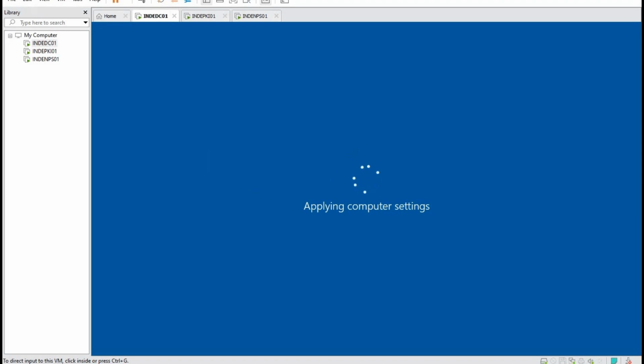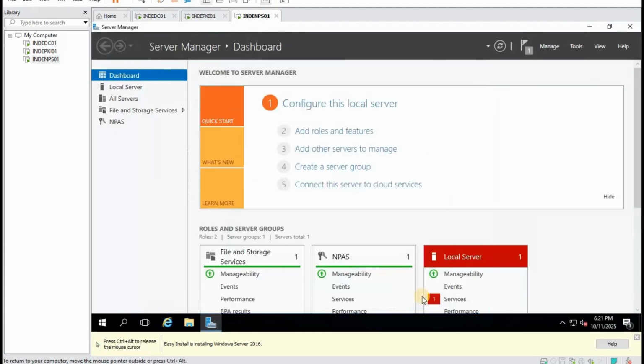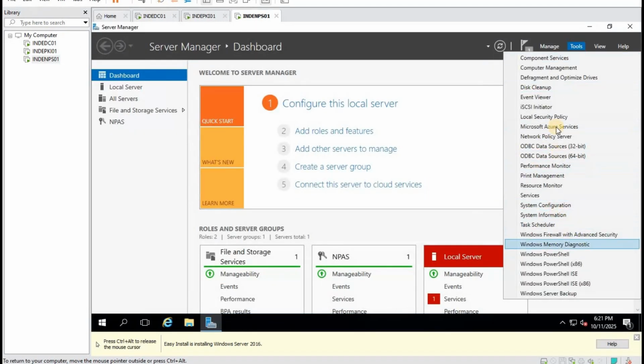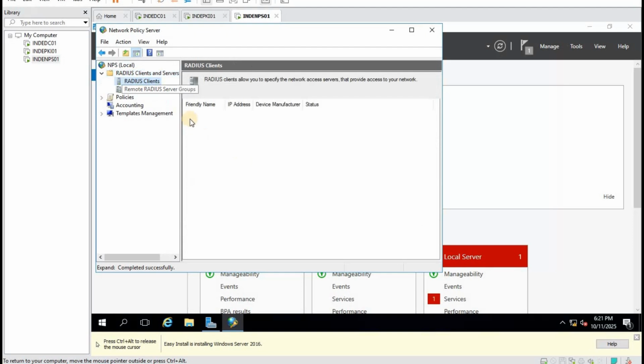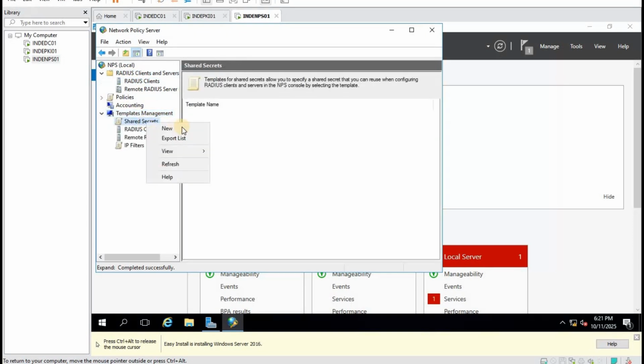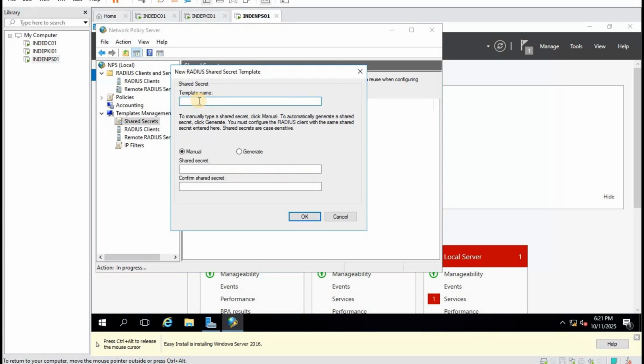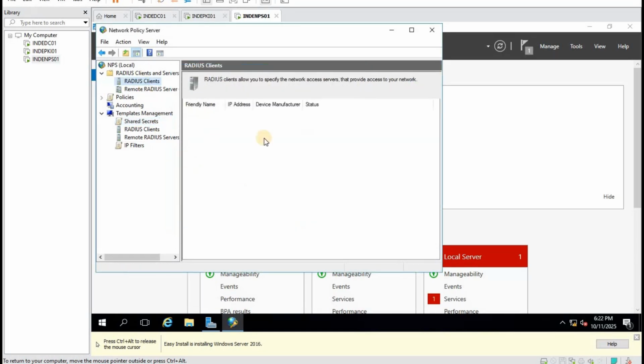Can take some time. So we can pause the video till then, or we can just come here in the NPS server. We can perform some activities. Here we can create one template. You can give a name, anything which makes sense to you. And here you need to give the same password that you selected on your wireless access point. So we said 12345. So 12345. And we can just create